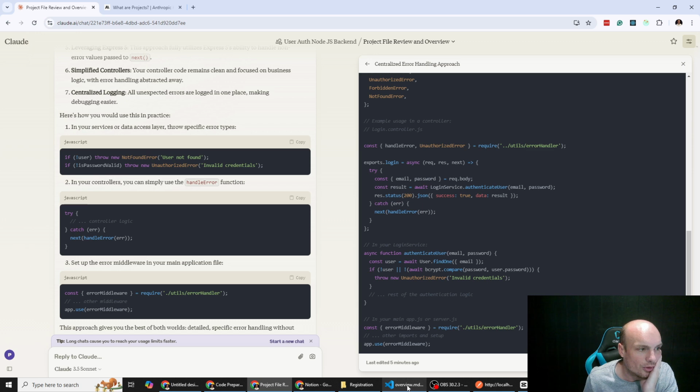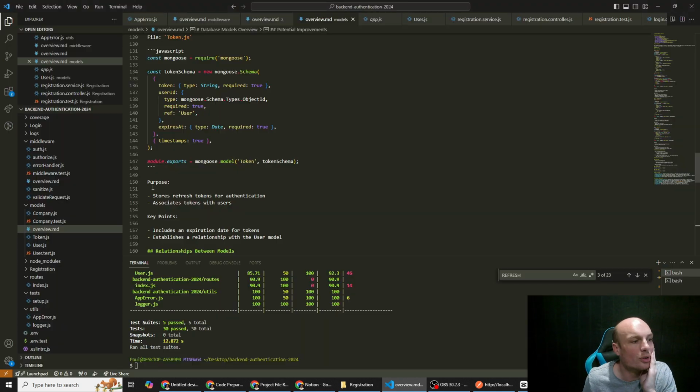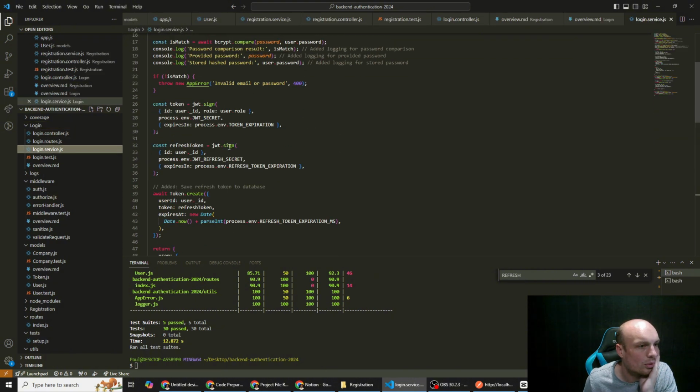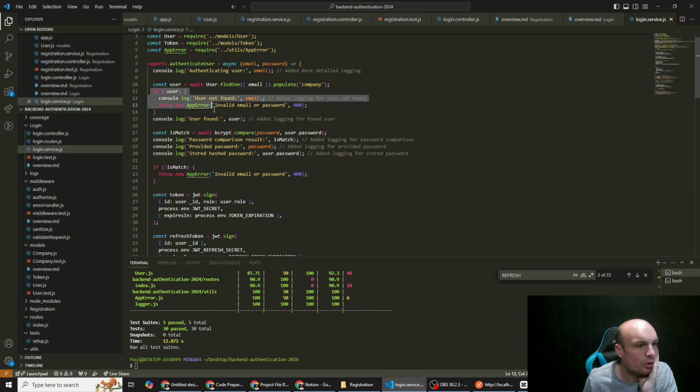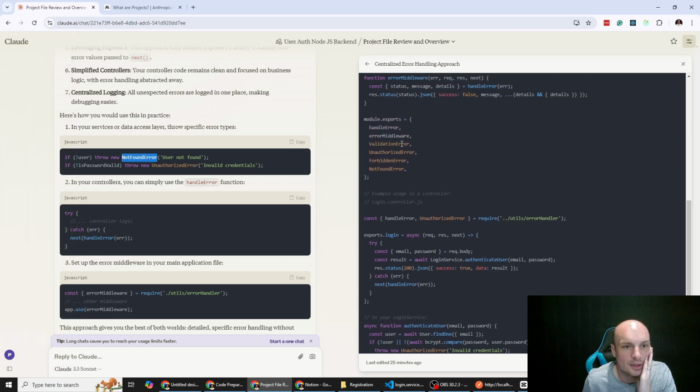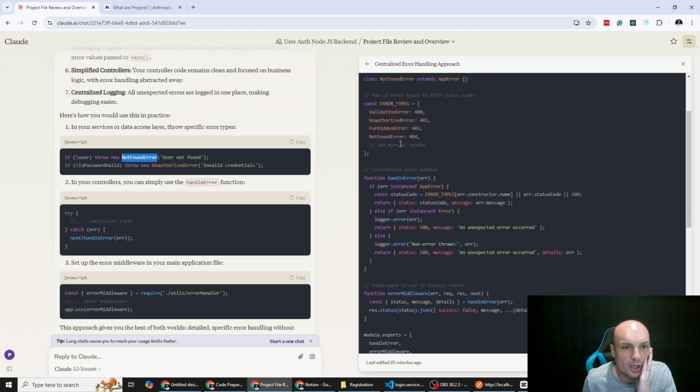So that differs, for example, if we go to the login service. If no user, we throw a new app error, which is like invalid email or password. And they're saying you would instead replace it with, if no user, you throw a specific error of not found. And then you define